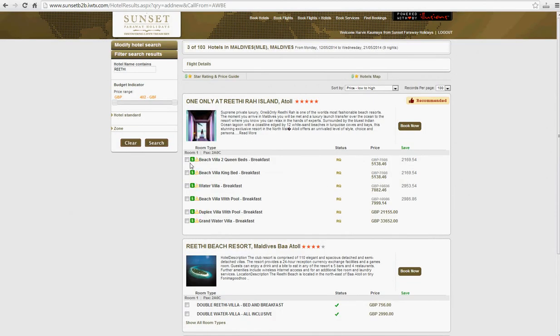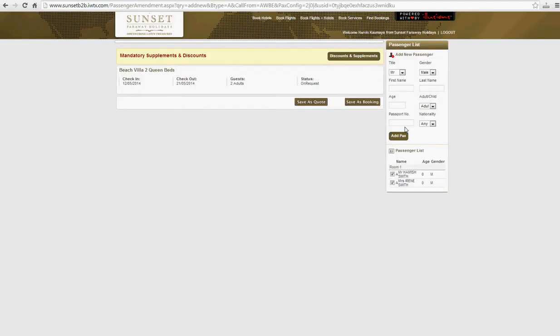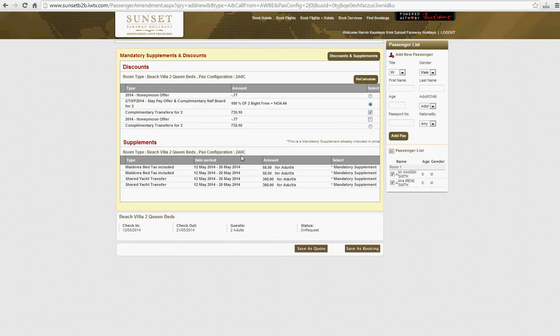So on this particular occasion, if we book the Riti and we press book here, you'll see that there are options of save as quote or save as booking. The system has already assigned the passengers to the booking. You could click on this discounts and supplements tab here, and once again this will tell you what mandatory